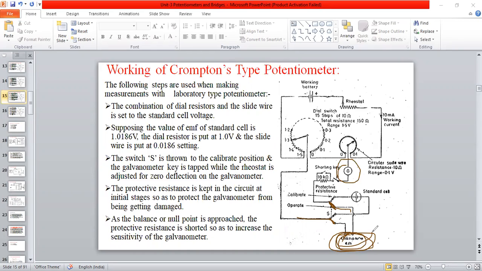But how to identify that without this measuring instrument, or without this unknown EMF? We are going to consider the unknown value here. Here the knob is already provided. Yes, sir. Here suppose it was 1.2, and either 0.01, then 1.3, that is nothing but the unknown voltage. We can say it easily.